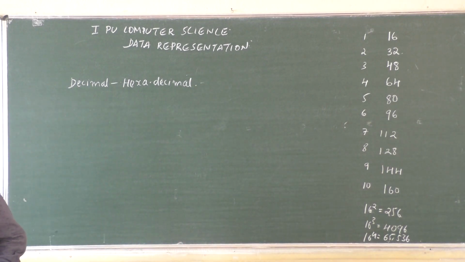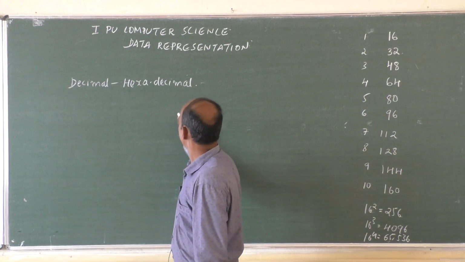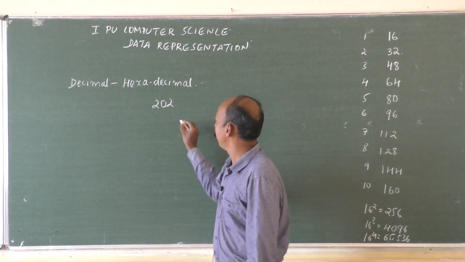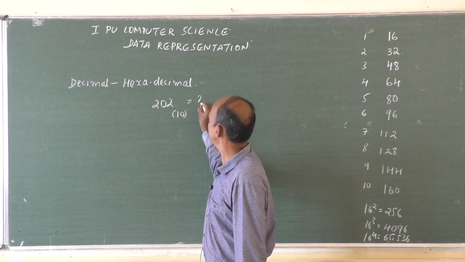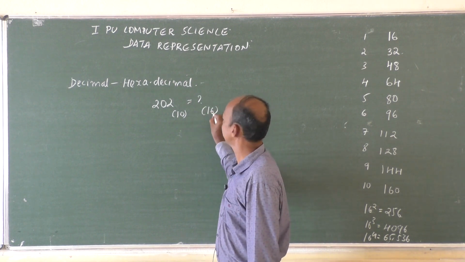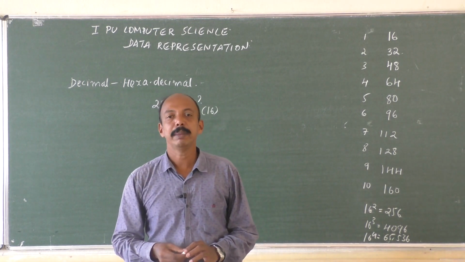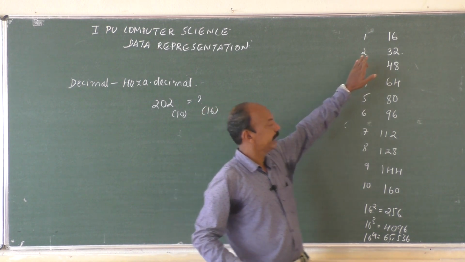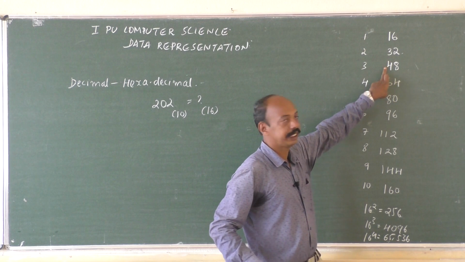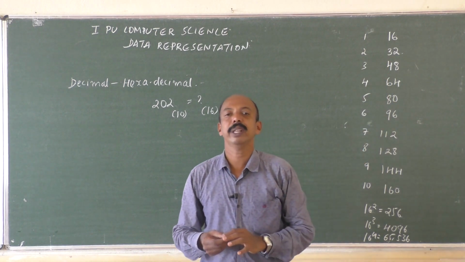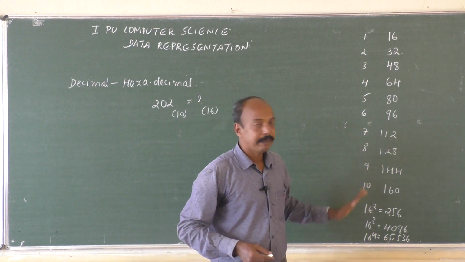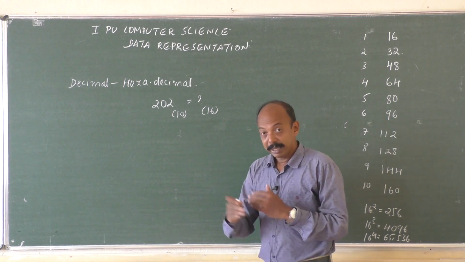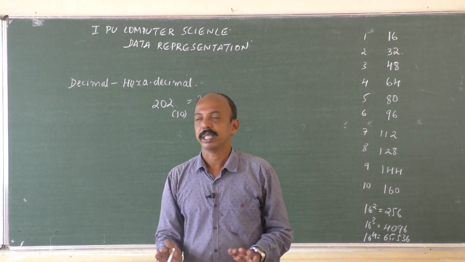Let us take a number, any number. For example, 202 to the base 10 is how much to the base 16? We should know the multiplication table. That's why, for your reference, we have written it here: the 16 table, 16 ones are, 16 twos are, 16 threes are, and so on. Because when we are going to divide the number, we have to write the quotient and remainder. So in this case, be careful, it's easy, but the remainder and the quotient we have to write properly.